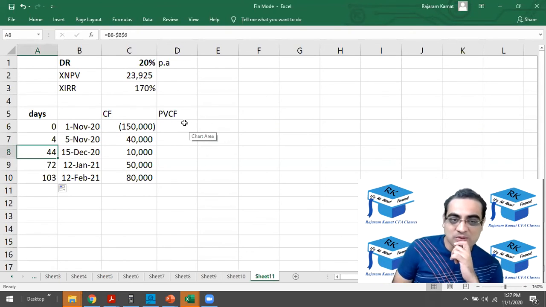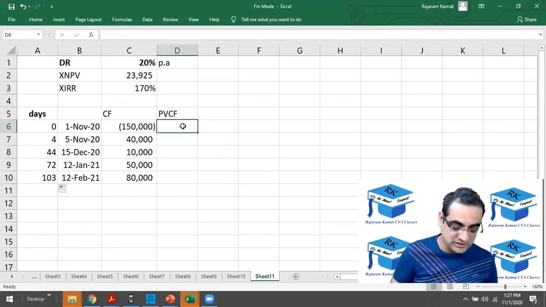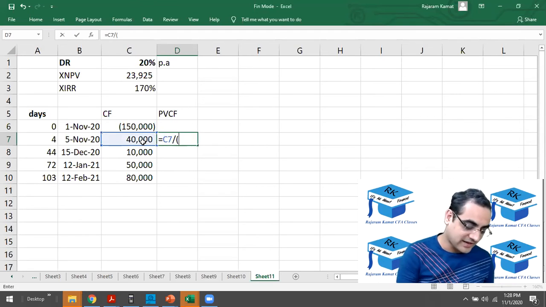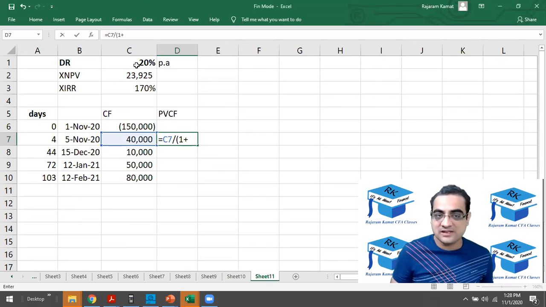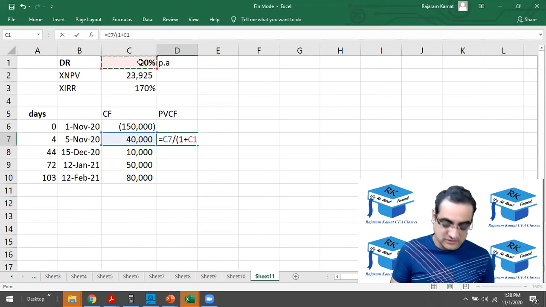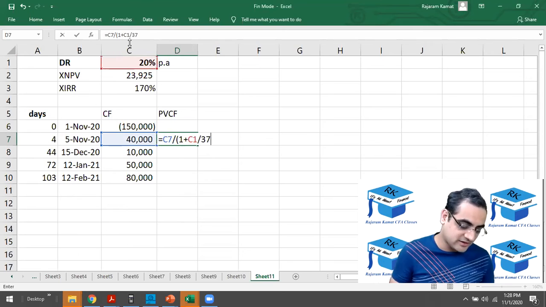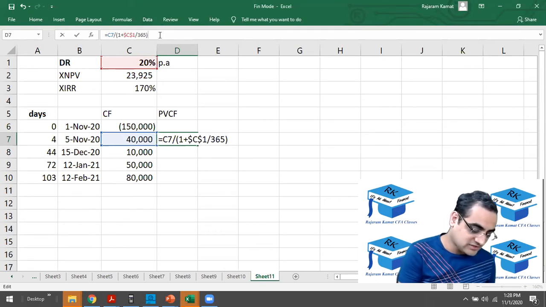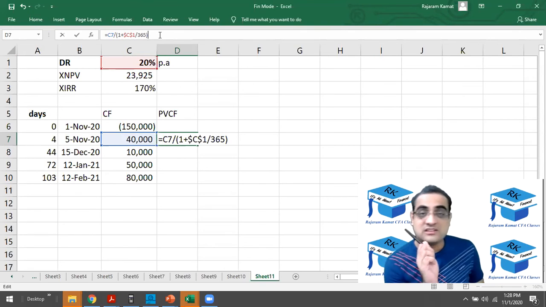Good. So now I would want to calculate the present value of the cash flows. So what I'll do, I leave out year 0, I mean day 0. I'll do it this way, equal to 40,000 divided by bracket open 1 plus R. But this is not the R, this is the per annum R. I have to divide it by 365, because we need to get the per day R. And freeze it. So cash flow divided by 1 plus R, that should be the per day R, so I've divided by 365, raised to the number of days divided by 365.